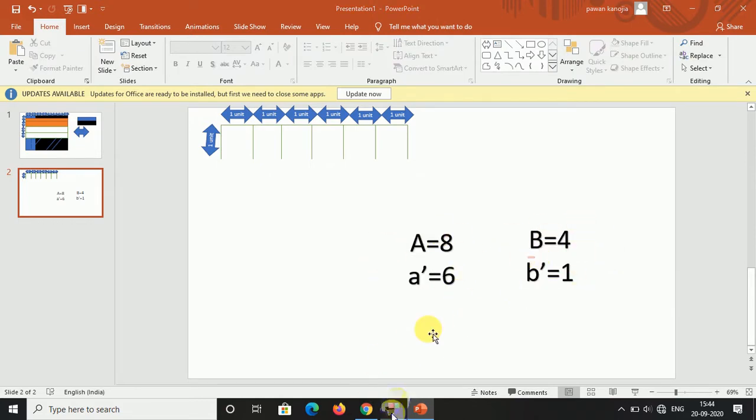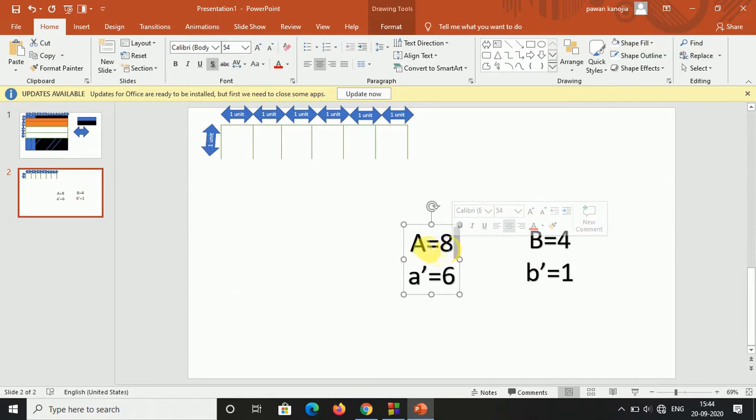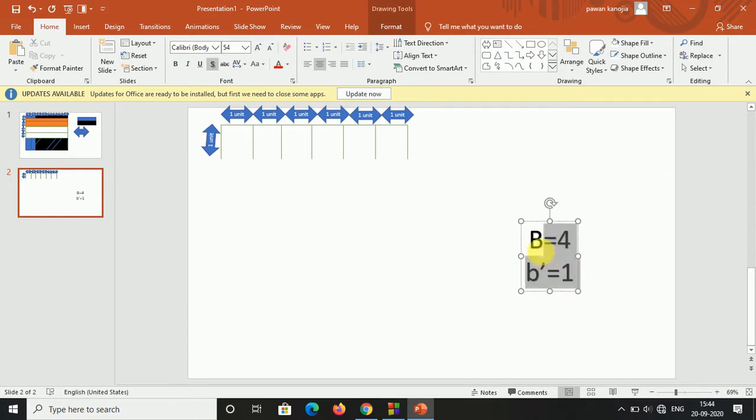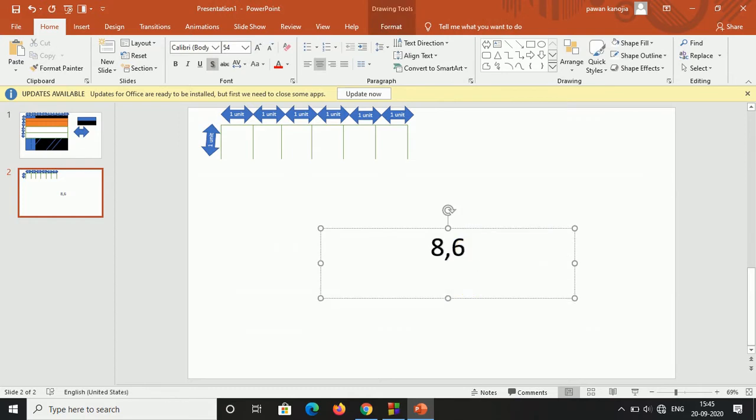So let's code. First of all, I tell you how I will code. See over here, you are getting 8 and you have to convert it into 6. So first of all I will check whether I am able to fold in the given position or not.